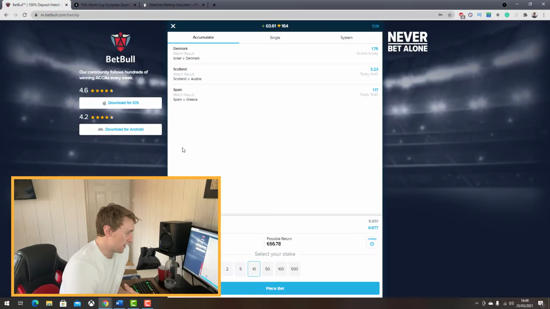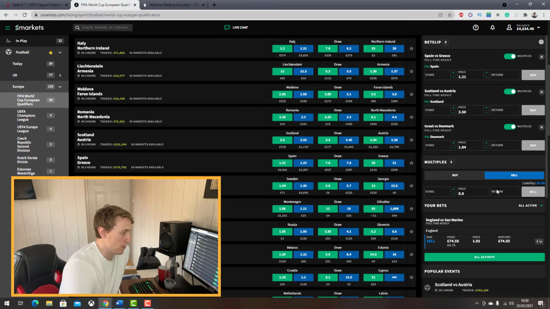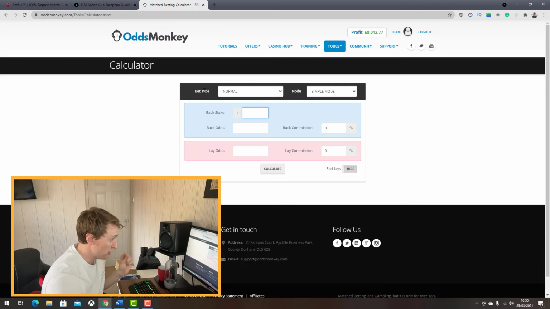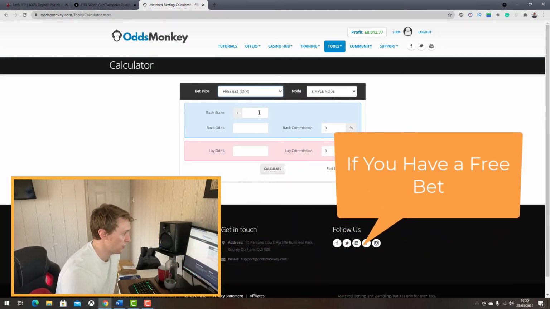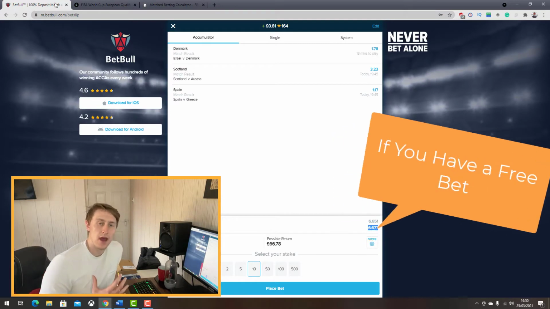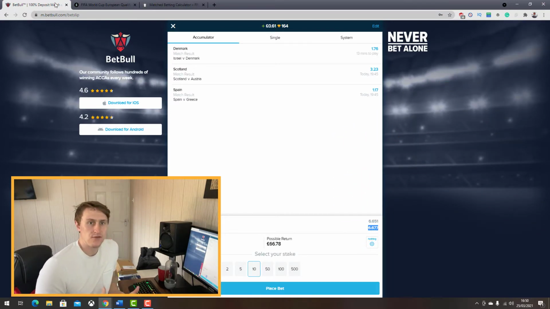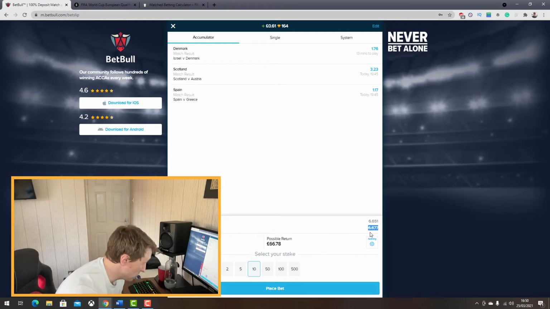So if we go to the bookmaker, you can see the back odds highlighted in blue here. You can see it's 6.67. And on Smarkets, the lay bet odds are 8.8. So what you want to do is you want to load up a match betting calculator, change the bet type to free bet SNR, and then you want to change the back stake. So this is the free bet amount that you're using on your accumulator, or whatever stake you're using. If you're doing a price boost, whatever stake you're using with the bookmaker, and then you want to put in the bookmaker's odds. So 6.67,